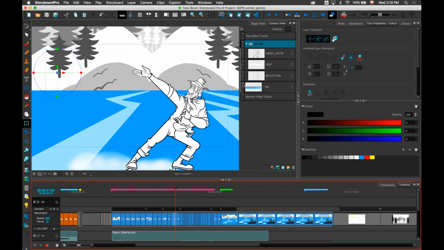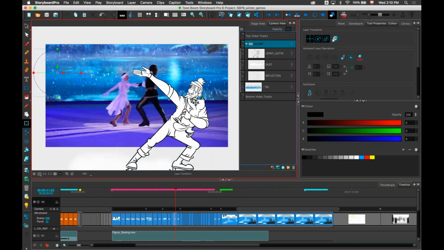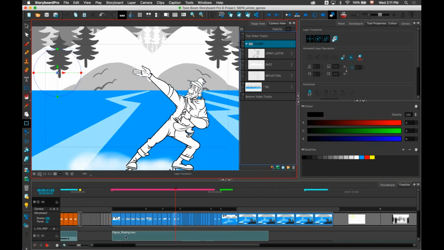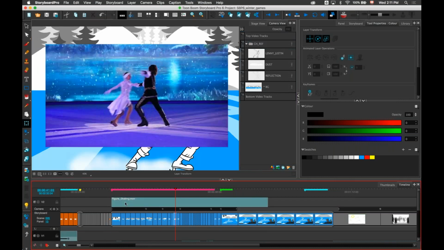Now it's hidden by my background, but if I disable my background, I'm able to see, and I would be able to rotoscope my drawings over a QuickTime movie. Move it back up like that. So you can import QuickTime movies or movies to help for your reference timing. So you have a dance sequence, a song sequence in the storyboard, and you want to make sure you're timing your actions right. You can import a movie with that and use that as a reference.